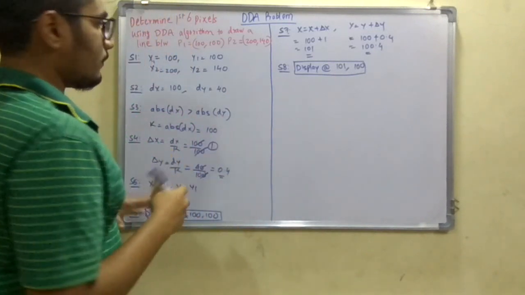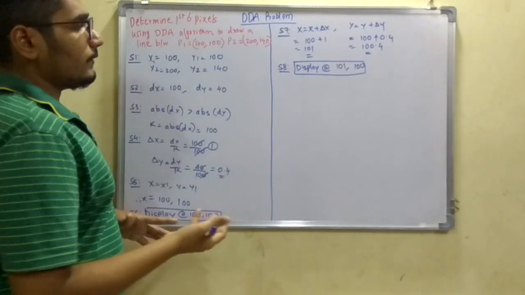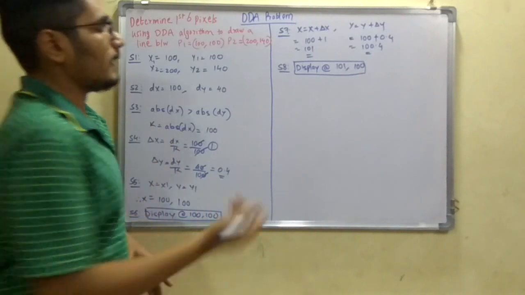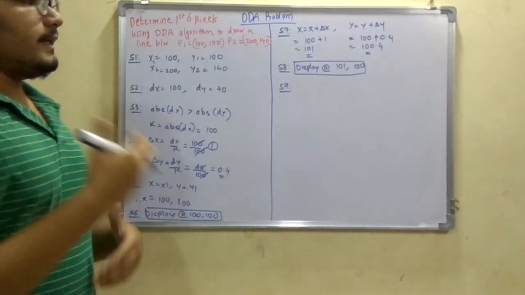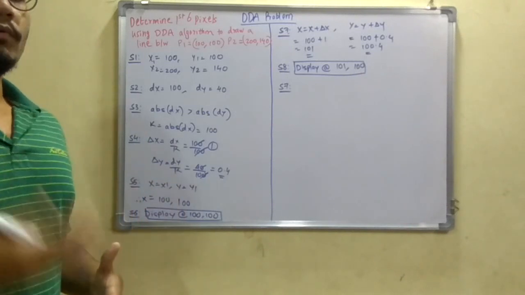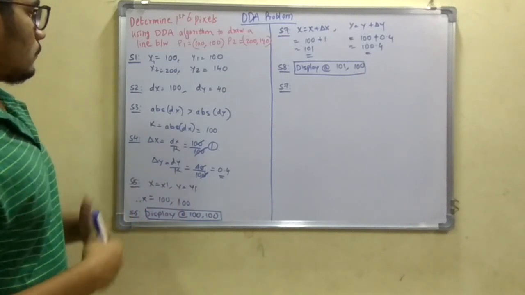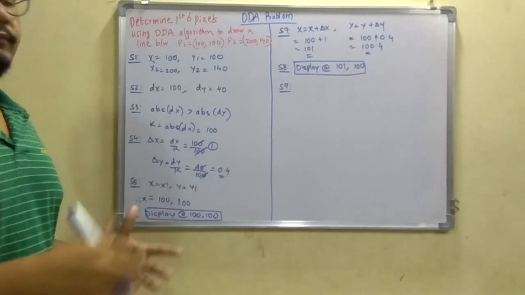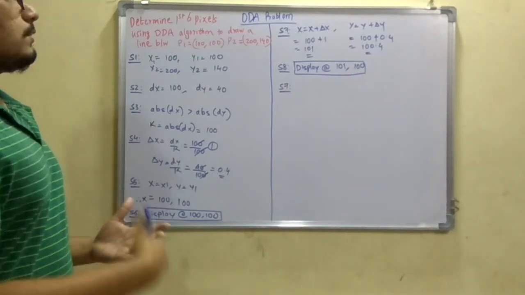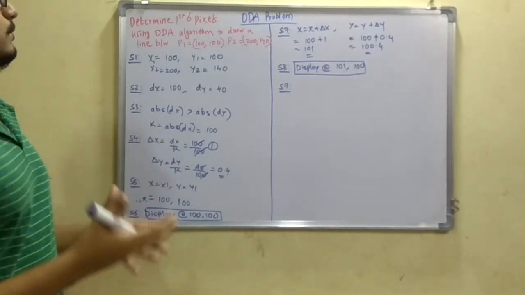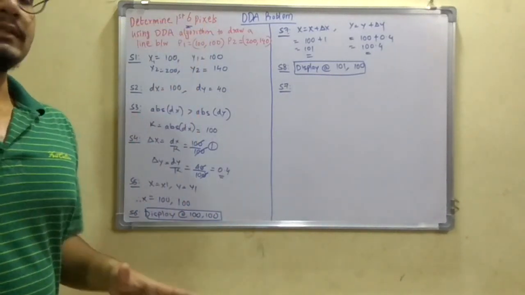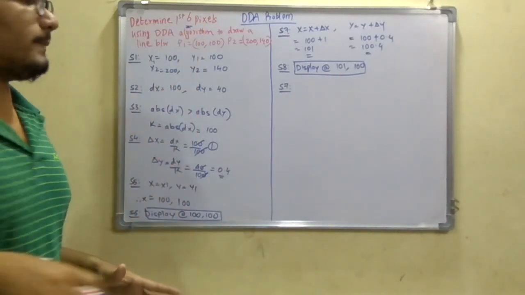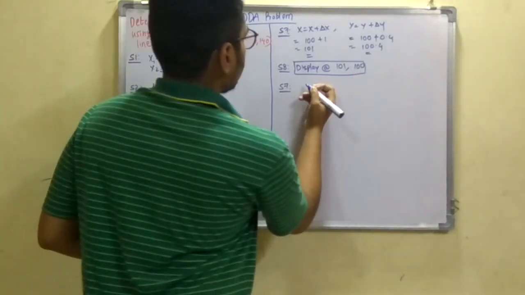So far we have got only 2 points. Now moving on to step 7 again, we have to increment. Step 9 says to iterate step 7 and step 8 over k number of times. So k is 100, so we would have to iterate 100 times. But that is a limitation we get from the question: we have to calculate only the very first 6 pixels. So let's move further.